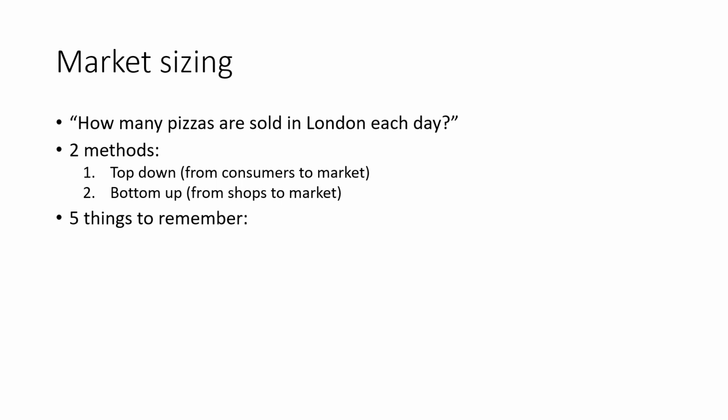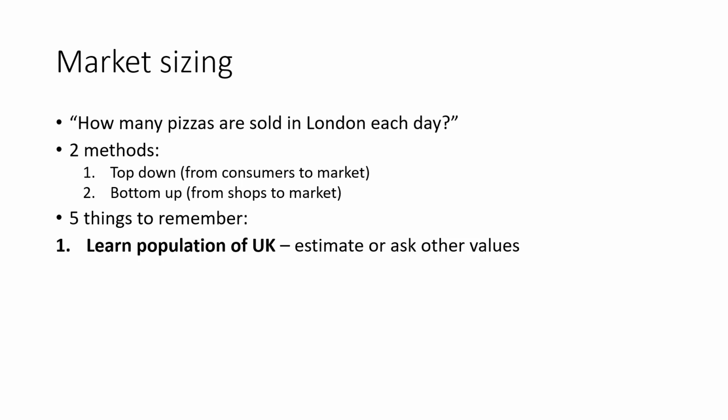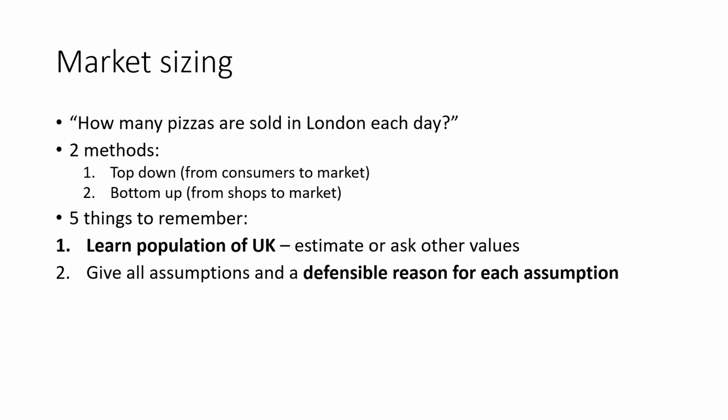There are several vital rules to acing market sizing questions. First, remember that the UK population is 70 million people. This isn't completely accurate, but it will make your maths easier. Ask for precise figures on other locations like New York, London, etc. Second, make sure any estimates you pick are defensible. Give a reason for why you've chosen that number, don't just pick it out of thin air.